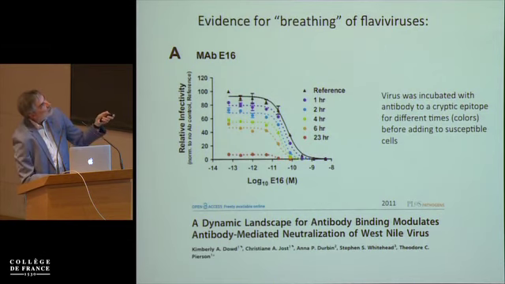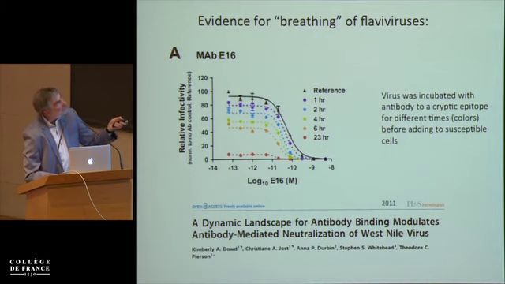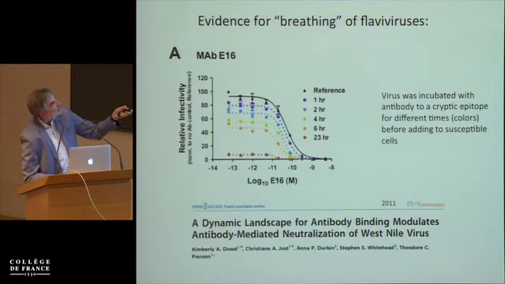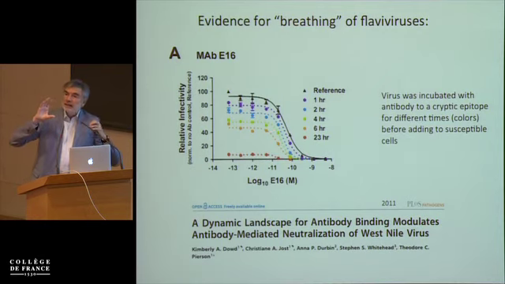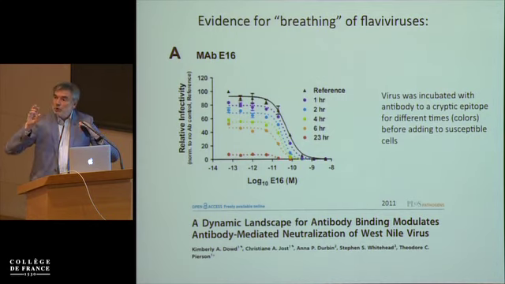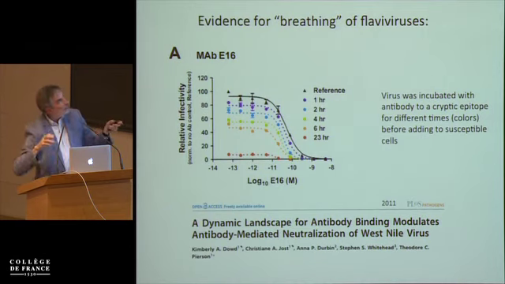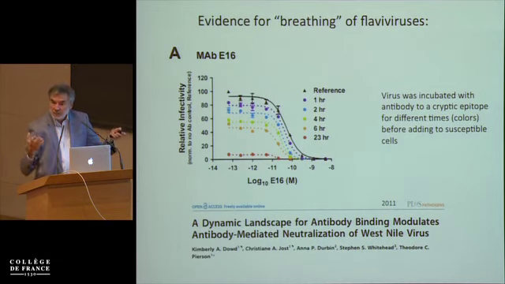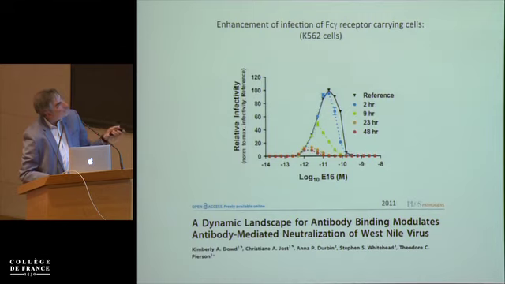In addition, some evidence for breathing was shown: if you use anti-fusion loop antibodies or an antibody to a cryptic site, and you put the virus in complex with the antibodies for a longer time before you add it to cells, the infectivity decreases. So you need fewer antibodies. There is a kinetic effect of exposure of the fusion loop. As the dimer breathes and exposes the fusion loop, the antibodies block it. But you need some time, much longer than what you would need for a steady state. And this also gives rise to what is called enhancement.